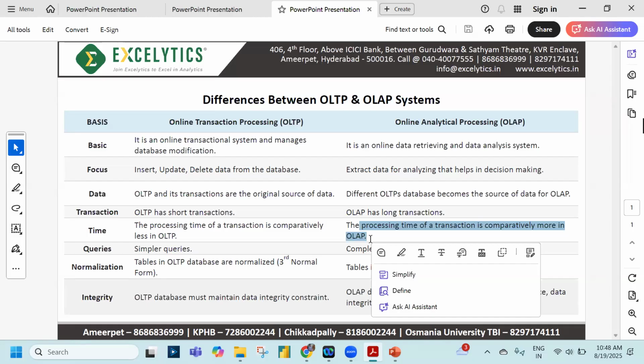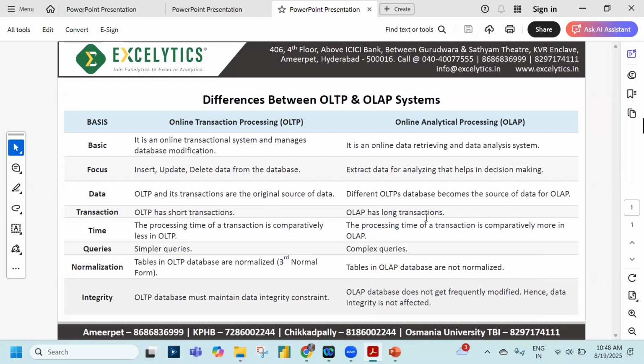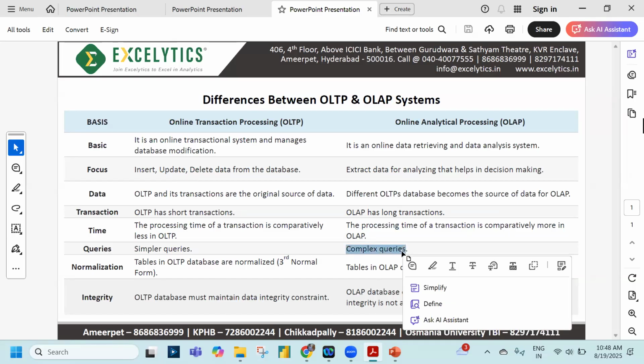One thing is, of course, it's not a very complex query, but sometimes we trigger complex queries also on the databases. If it is a very complex query with so many conditions and aggregations and so many clauses, then obviously it will take more time. Okay. So OLAP has long transactions. It takes more time because we run complex queries on OLAP,